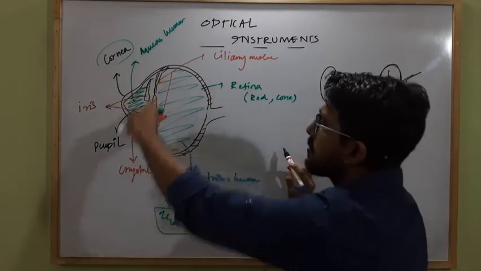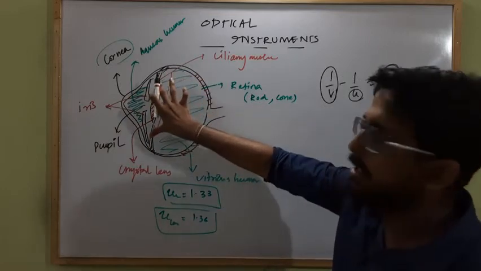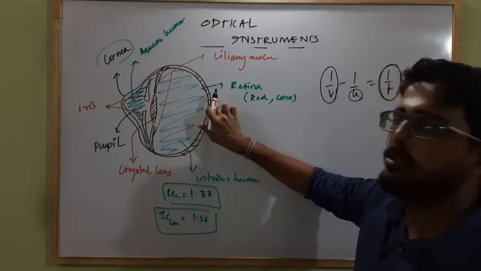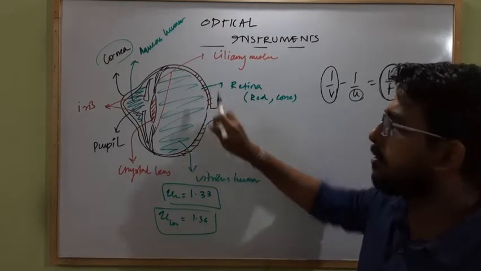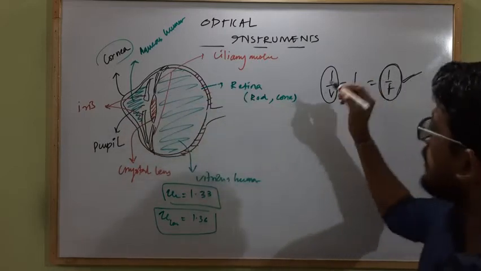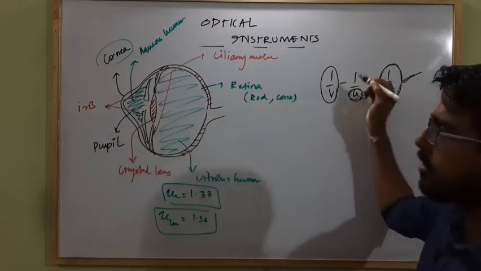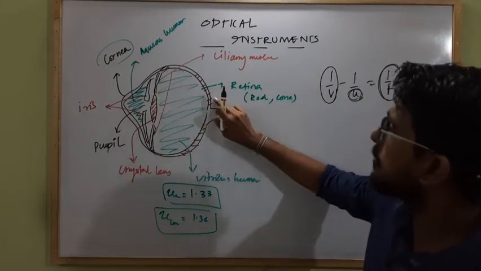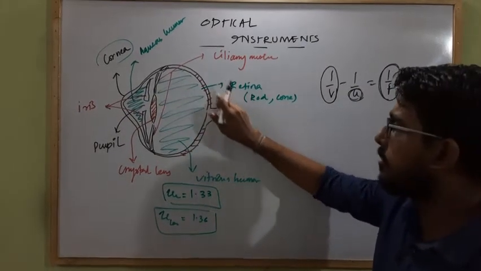Clear? So when the object is at a very large distance, the focal length should be high, so the ciliary muscles are in a relaxed position so that the lens remains expanded, the image can easily form on the retina and we are able to see the image. But as we move the object close to the eye, gradually U decreases, so we have to decrease the focal length of the lens so that the image of the object can form on the retina.